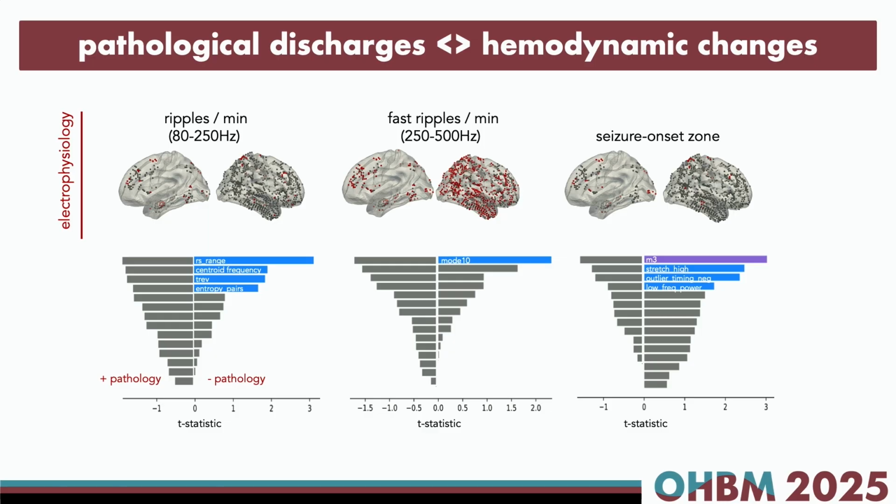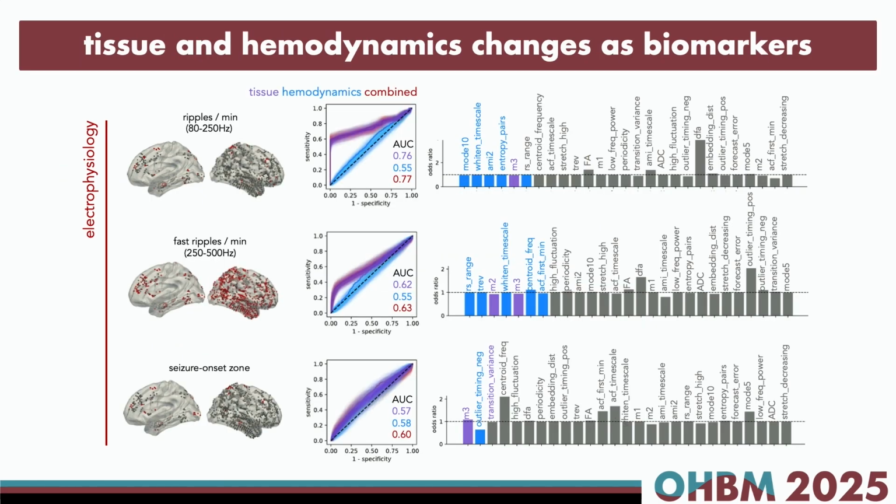These are just univariate comparisons between pathological and non-pathological channels, with the exception of seizure onset zone being more differentiated by M2, which is columnar organization, by QT1. And here I'm assessing whether tissue and hemodynamic changes can be used as biomarkers to differentiate pathological and non-pathological channels by electrophysiological standards. And we can see tissue overwhelmingly predicts,